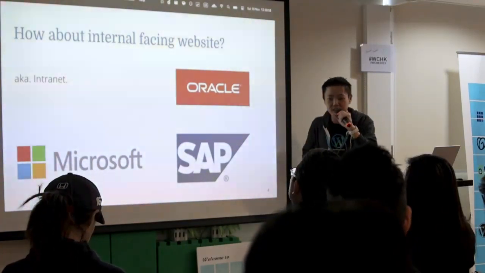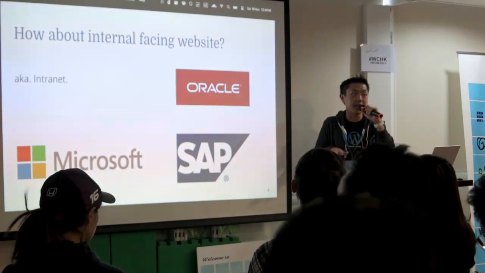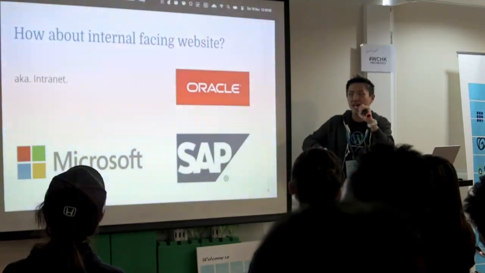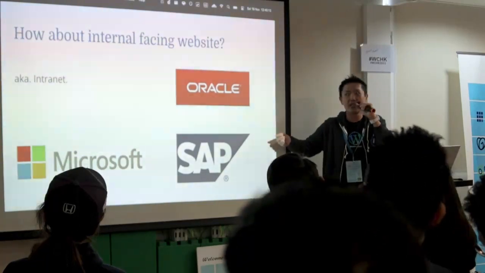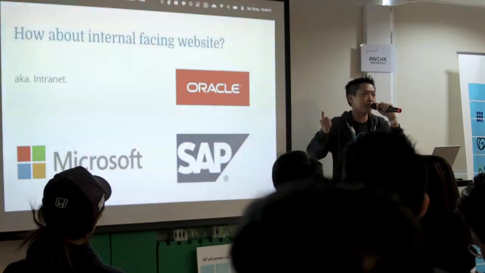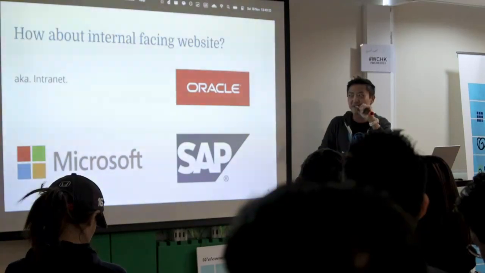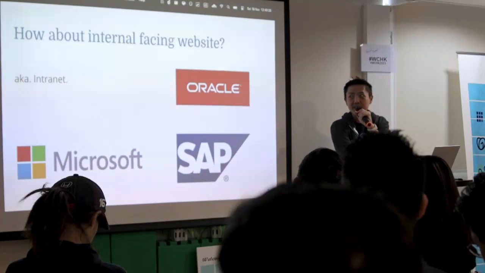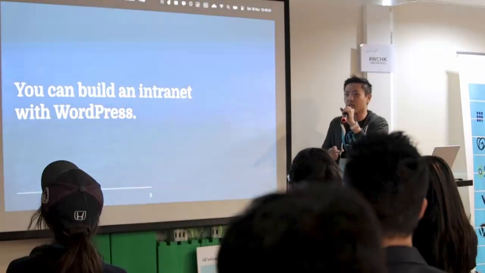When people think about intranet, now I'm from Malaysia, I don't know about the landscape in Hong Kong. But in Malaysia, when we talk about intranet, we think of all these big names, right? You think about Oracle or Microsoft. You talk about Microsoft SharePoint Server, and you think about systems like SAP. These things are famous, and they're also famous for not being cheap. They're expensive. And so today, I'm here to share my experience of how you can build an intranet with WordPress.